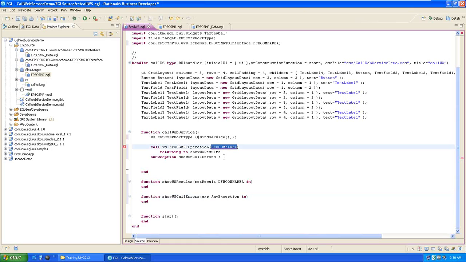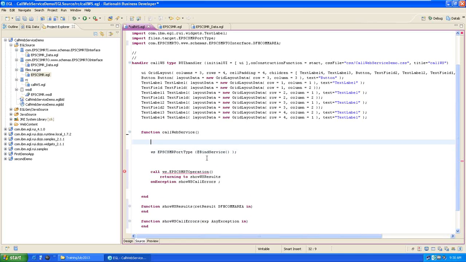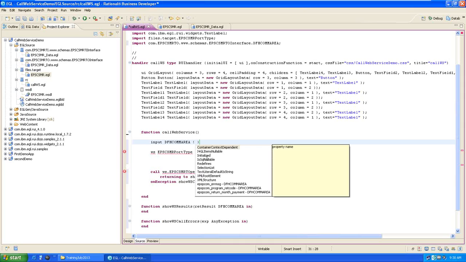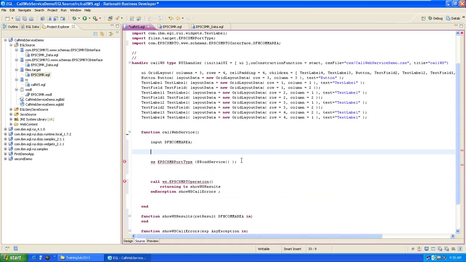Now, of course, we have not defined this input parameter, so what we have to do again, either you can write here, for example, input. This is a record, so what we have to do is go to your curly braces here, press Control Space, and it will show you the values that are defined inside this one. Or there is another way. I think that one may be a bit easier for you. Input dot